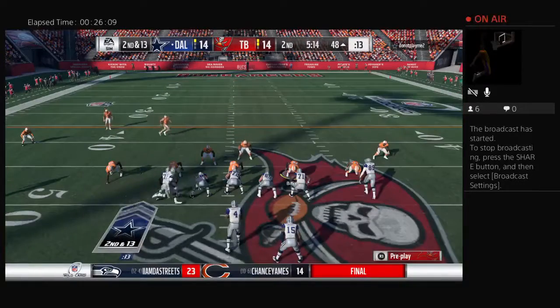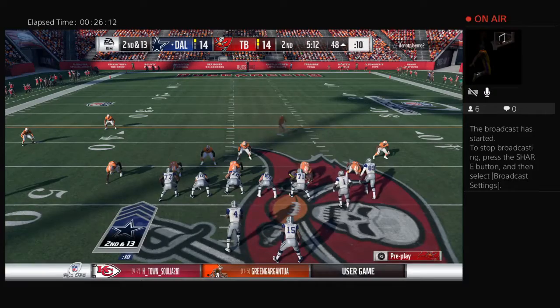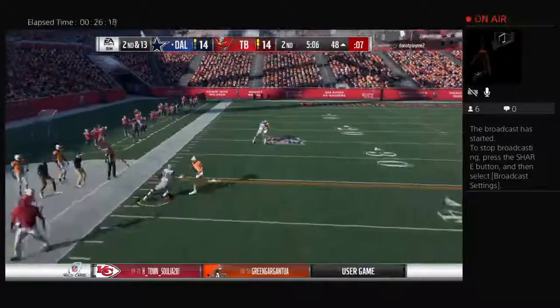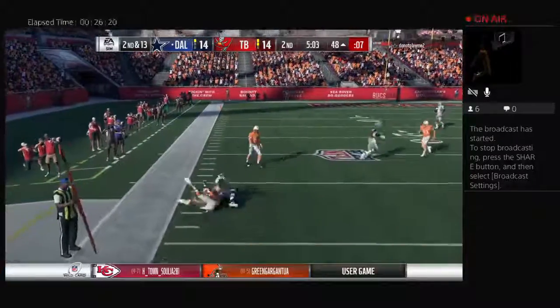They'll bring a receiver in motion right. They'll try to throw now. Prescott. And this one caught by Dez Bryant. And he gets